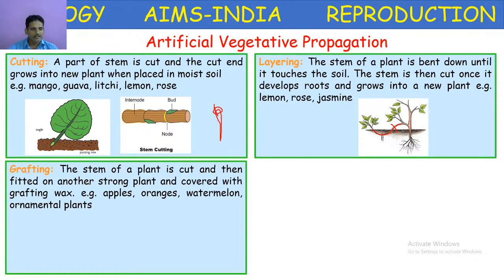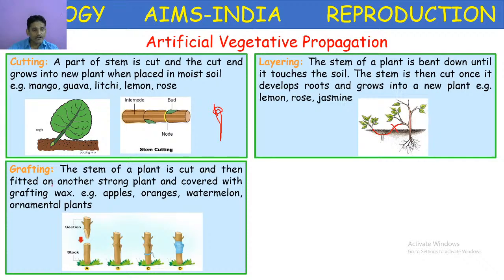Next, grafting. Grafting is a typical method of vegetative propagation, in which the stem of a plant is cut and then fitted on another strong plant and covered with grafting wax or with a tape. So this is the method of grafting. One is the stock, another one is the scion. The stock is a normal variety, but the scion portion which we are grafting